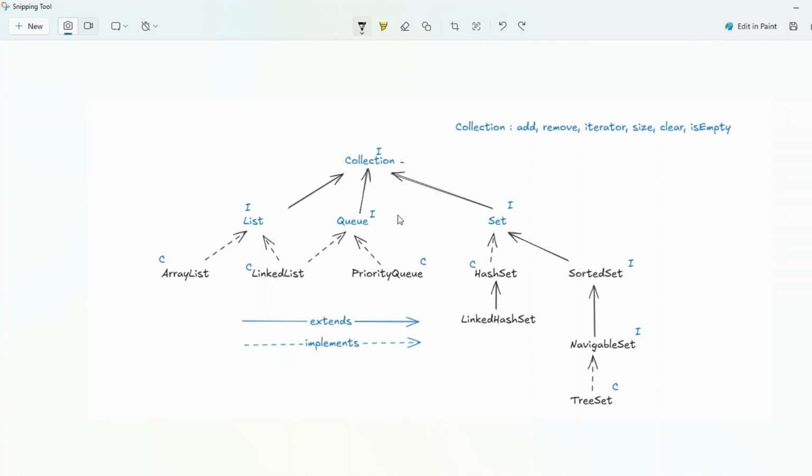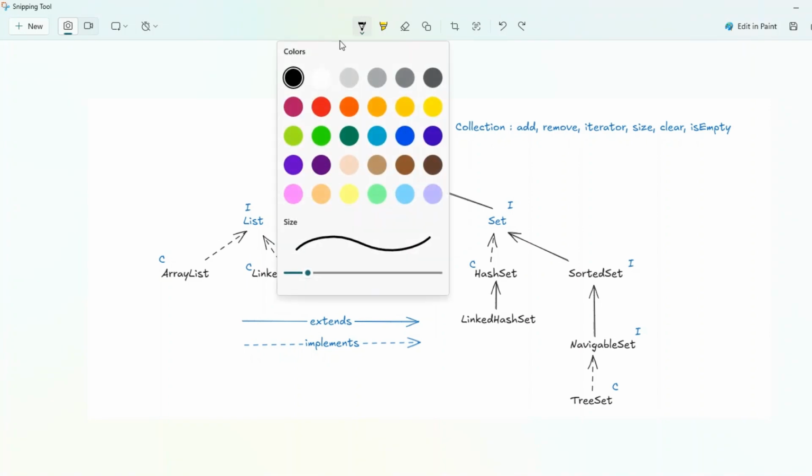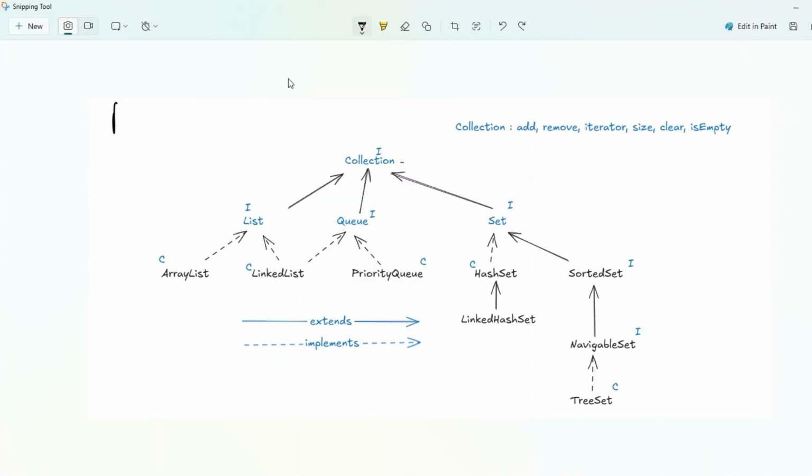We have arrays to maintain the data, but why should we go for the collection framework? In arrays, you have to write the algorithms yourself for different kinds of requirements. Sometimes you have a requirement to store the elements in sequential order. Sometimes you will have a requirement to store the elements in random order. Sometimes you will have a requirement to store only unique elements. Sometimes you will have to maintain the elements in sorted order, and sometimes you want to maintain the elements so